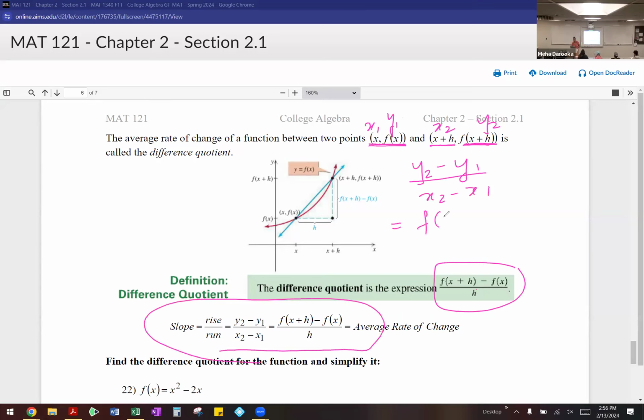Of course, my y2 is now f of x plus h, y1 is f of x. So that literally translates the same way. Now, for the bottom, you would be doing x2 minus x1, so that's x plus h minus x, and you can see my x and negative x will cancel each other out, leaving you with just the h value. So like I said, it's the same formula, just written a little bit differently, and that's what a difference quotient